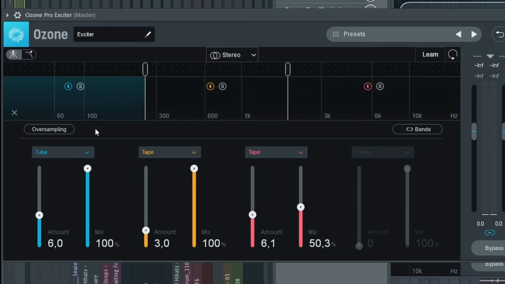So here in the low frequencies, I'm using a tube preset, and this is the exciter mode that I'm using to add a little bit of tube saturation to that low end so that I can give it some harmonics, so that my low frequencies can have more body. And then the mid frequencies, I just added a tape. And then the high frequencies as well, I also added tape, but I'm not doing it so much. The amount is like 6, and the amount of the mids is like 3, and the amount of the low frequencies is like 6. So this is without,